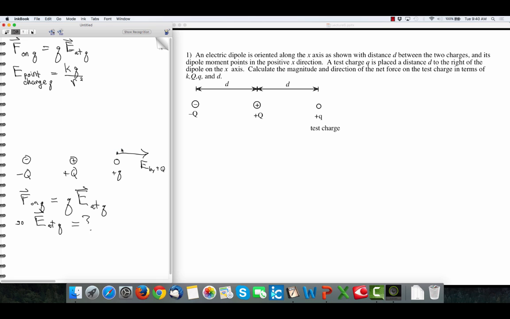I don't know how big it is. I mean, I don't know how big to draw it because I don't have units or size. But I do know how to calculate the electric field by plus Q. Plus capital Q is a point charge. So the electric field, the magnitude of it, I know it points to the right because it's a positive charge